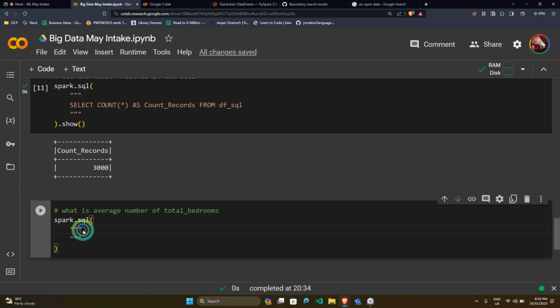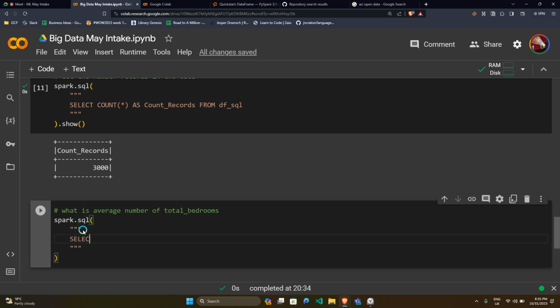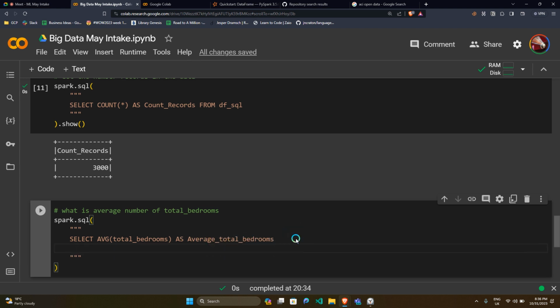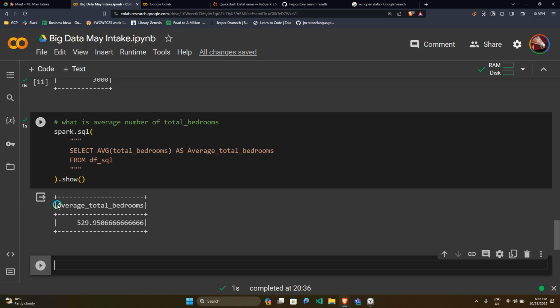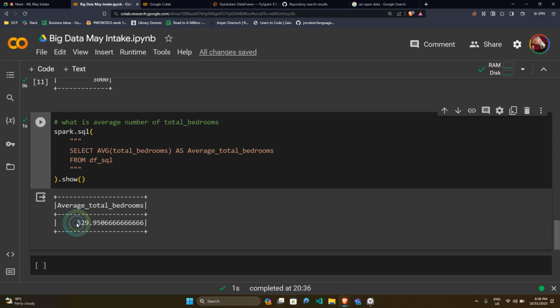These are 3 quotation marks, and then I'll have select avg total bedrooms as average underscore total bedrooms, from df underscore sql, and then I can type in .show at the end, and run this to confirm if everything is okay. Here you can see the average total number of bedrooms is equal to